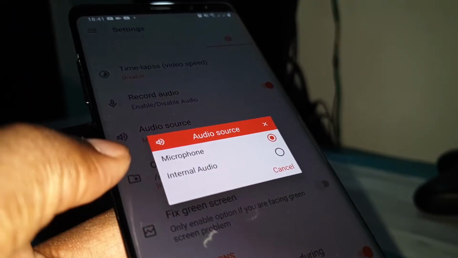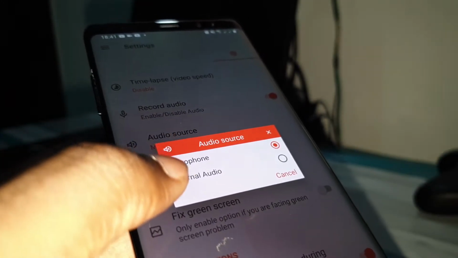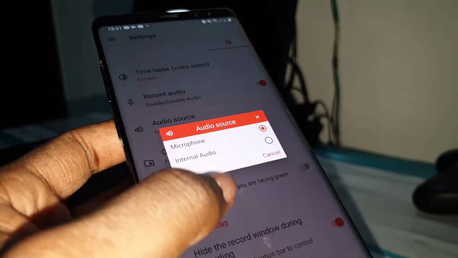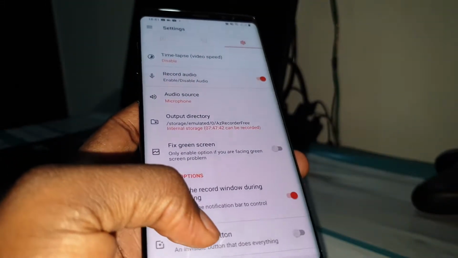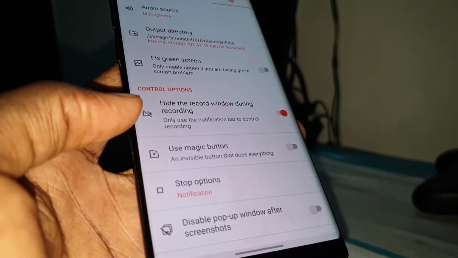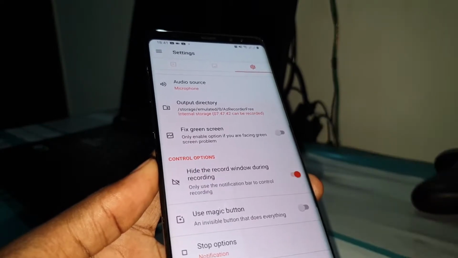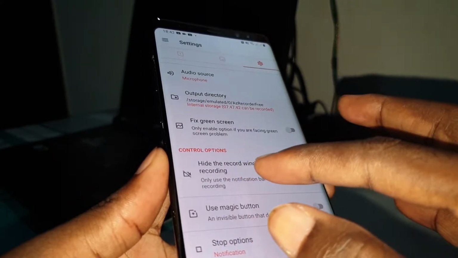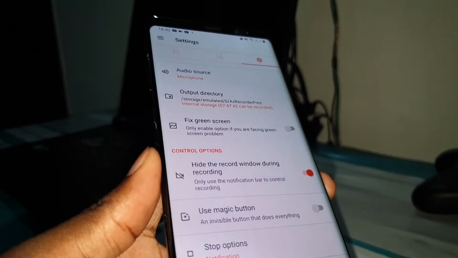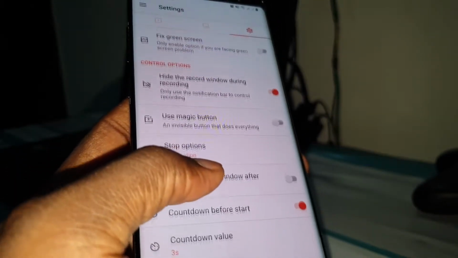You can see microphone and internal audio also. Wonderful. This is what I recommend you to do: enable this to hide the record window during recording. It's important to do this.